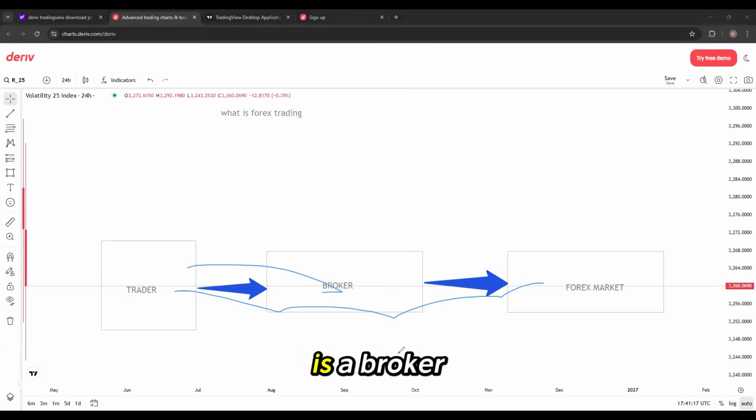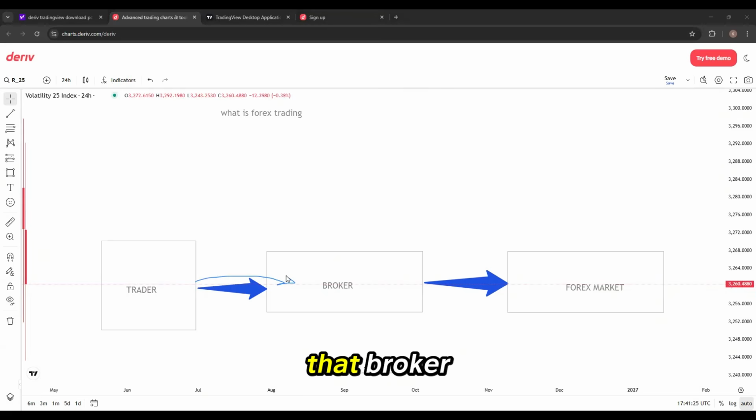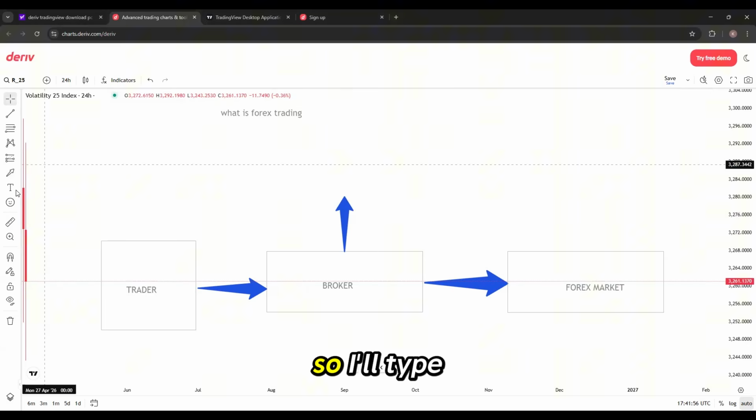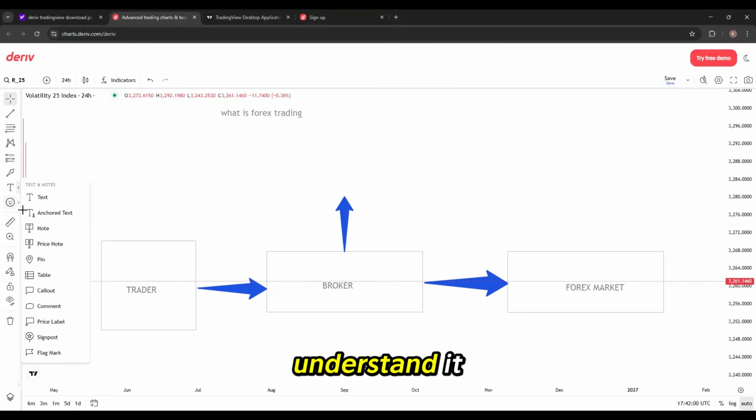What you need is a broker first, and that broker is the one that you're going to use to initiate trades within the Forex market. Right. The broker gives you things such as spread. They control your margins as well. They give you access to what we call MT5. So let me put this in the loop. So you need what we call MT5, right? I'll type it down so that others would understand it.